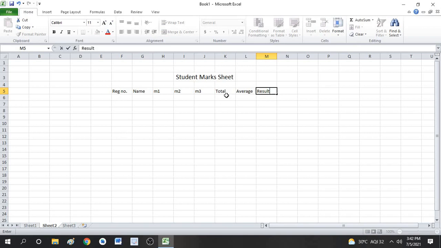So here I will tell you how to calculate the total and average using the formula. In the column of result, I will be declaring the result, whether the student has passed, failed, has got distinction, first class, second class. Okay, so here starting with the register number, I'll give 1, 2, 3, 4, 5.